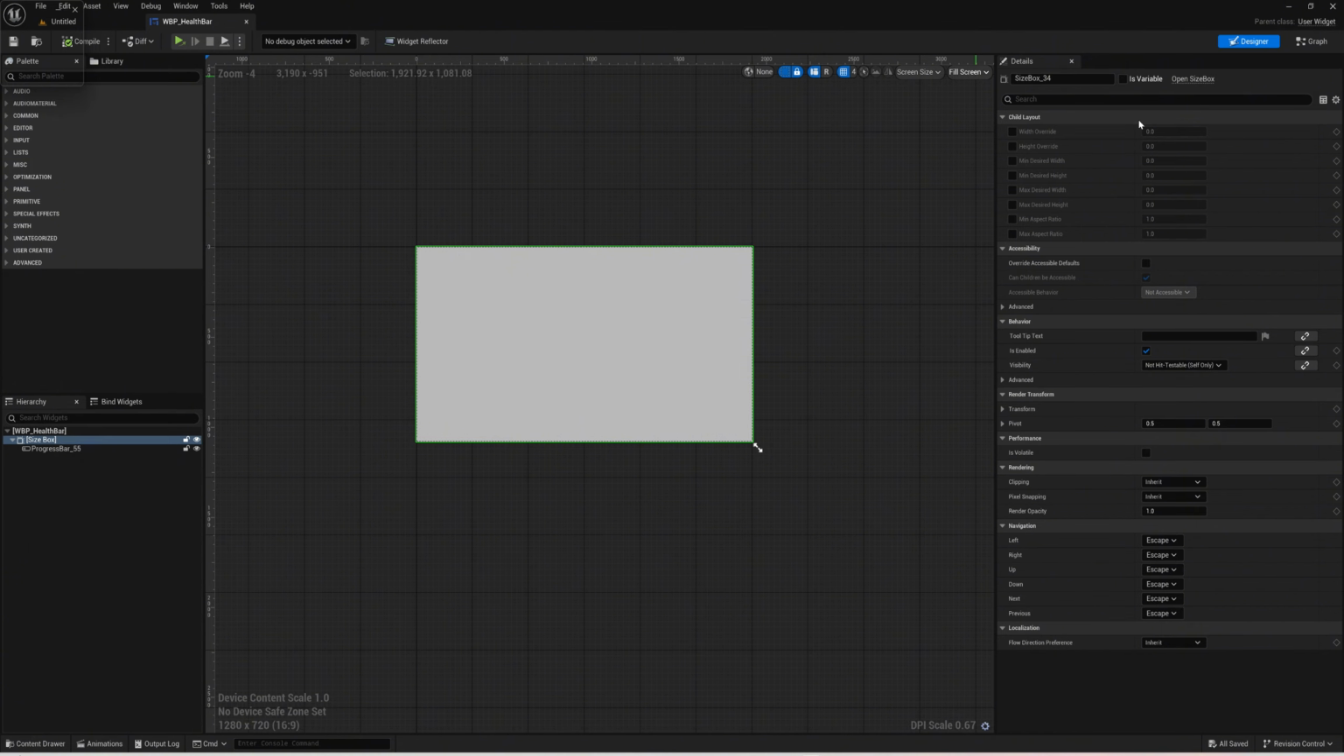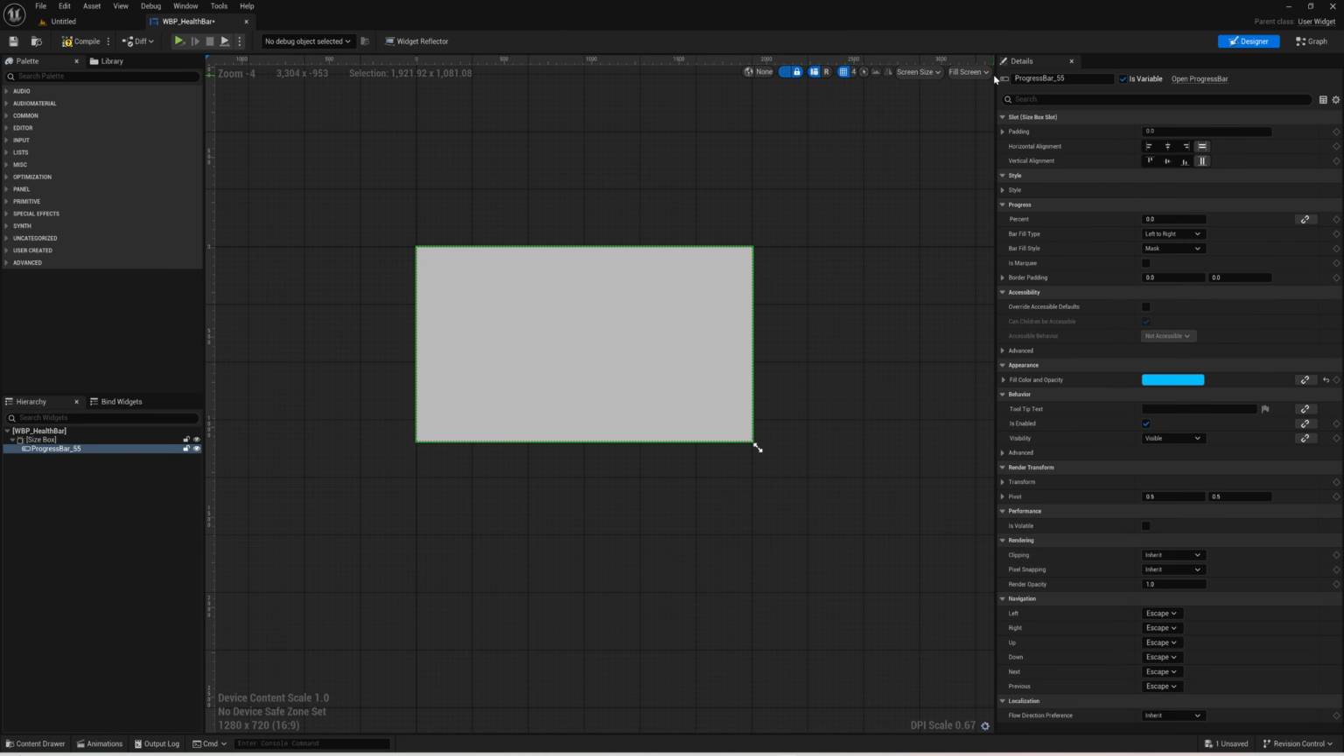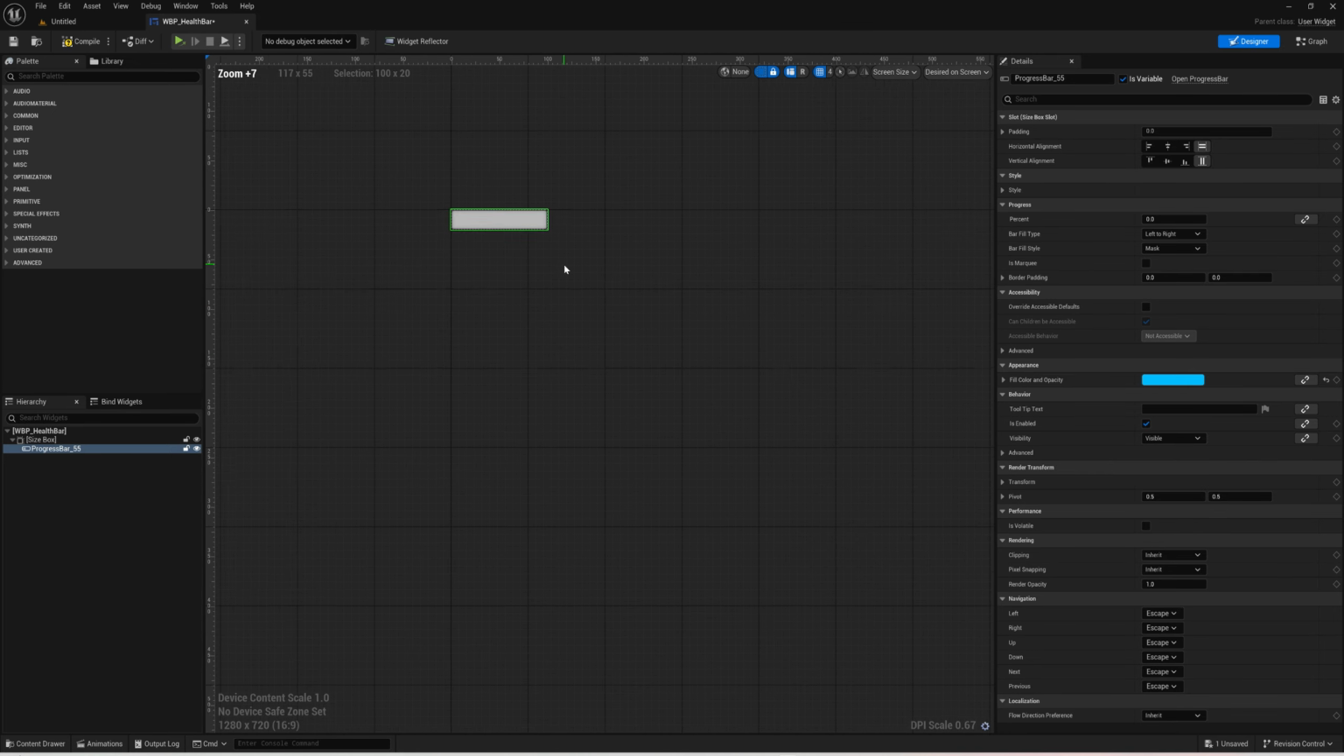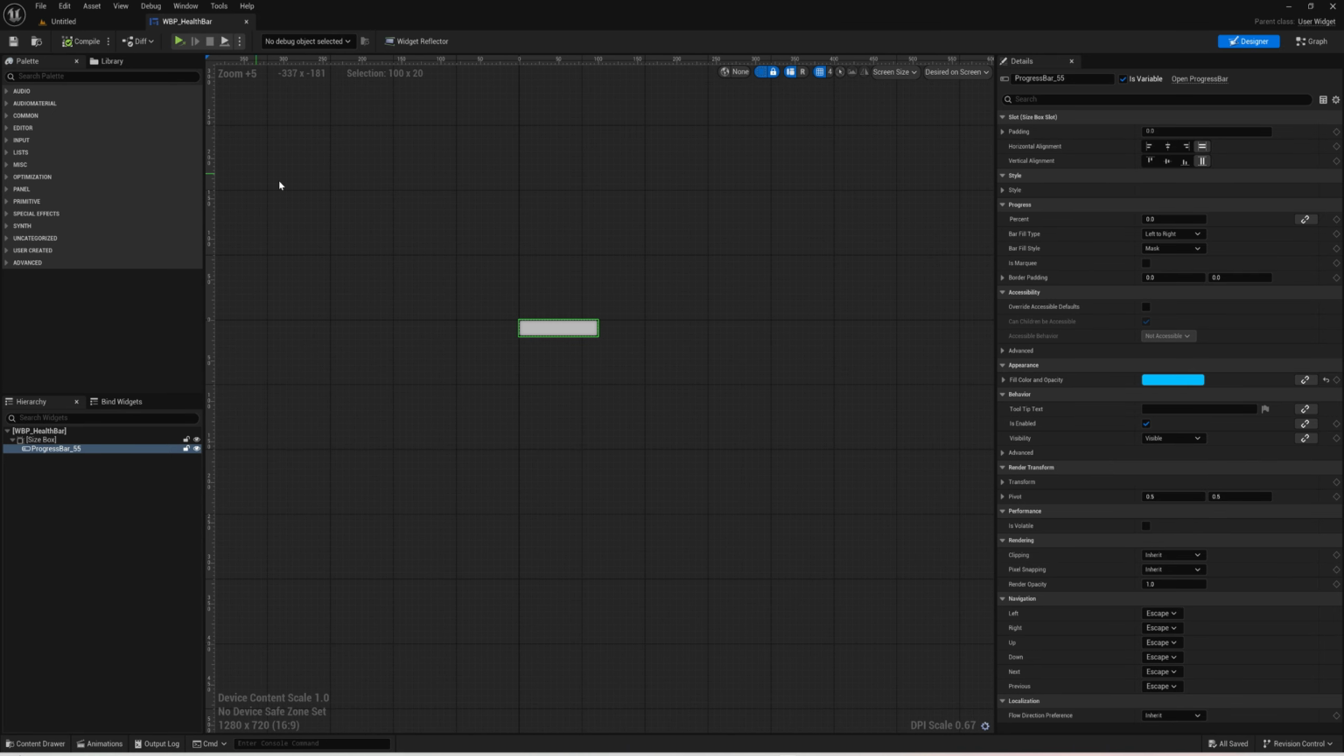Let's make this size box a bit smaller. Width height override, let's do 100 by 20. I think that's a good size for a health bar designed on screen. There we go. Okay, now when we're thinking about widgets, there's something very important to talk about, especially for multiplayer,